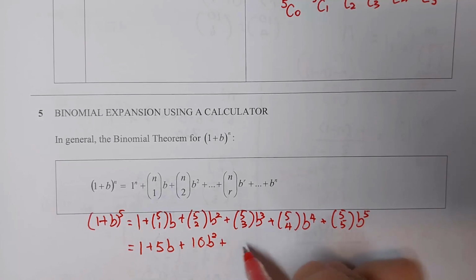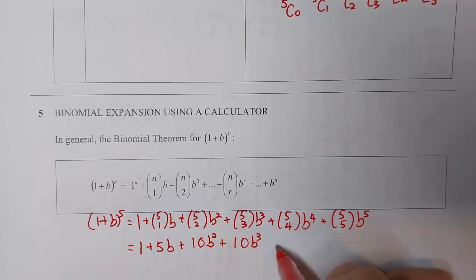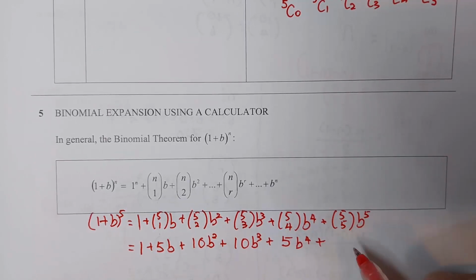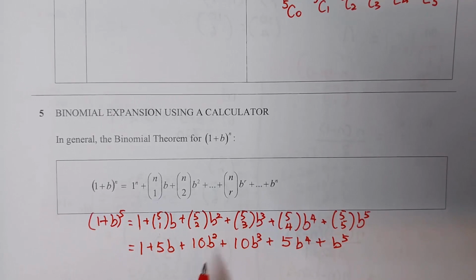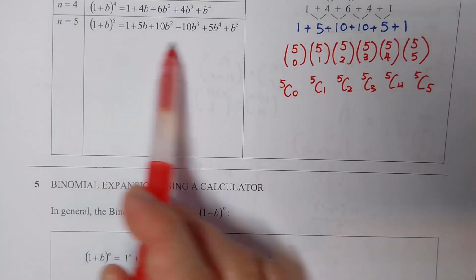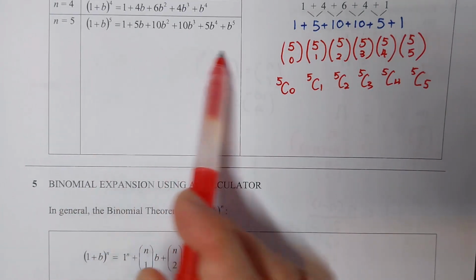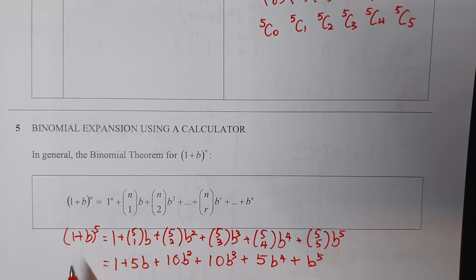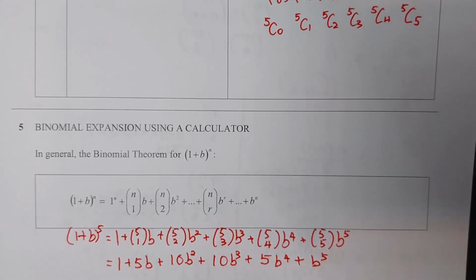5 choose 3, if you press the calculator, we have 10. 5 choose 4, if you press the calculator, we have 5. 5 choose 5, press the calculator, we have 1. Now compare this with the expansion that we have done manually using the tedious expansion method. Well, you will see that we can actually get the expansion of (1 + b)^5 using this formula here. Now, if we tweak the formula even slightly and we change the 1 into a's,